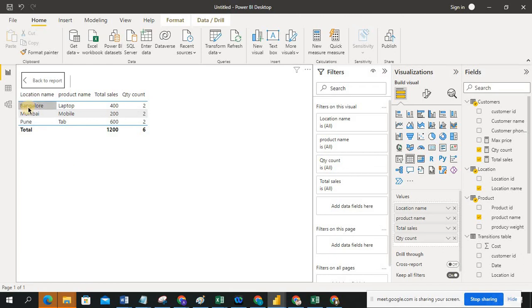So location name is Bangalore, the product name is laptop, the total sales is 400, the quantity is 200. In the sense, it can be 200 each piece. Now Mumbai is a location, the mobile is a product, sales is 200, the quantity is 2, it can be 100 the each piece. The Pune is a location, the product is a tab, the total sales is 600, the quantity is 2, it can be 300 the each piece. So it's manipulating like a 300 into 2, 600. Okay, now if you go to the back,